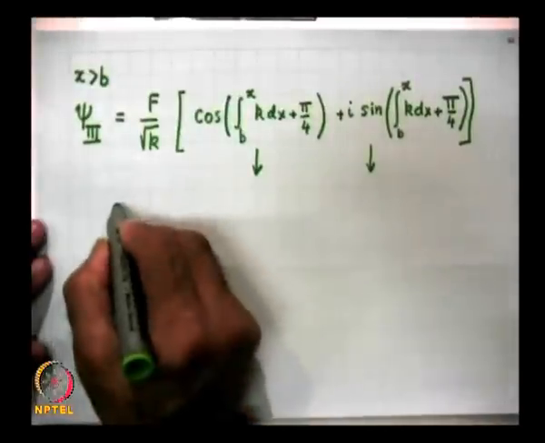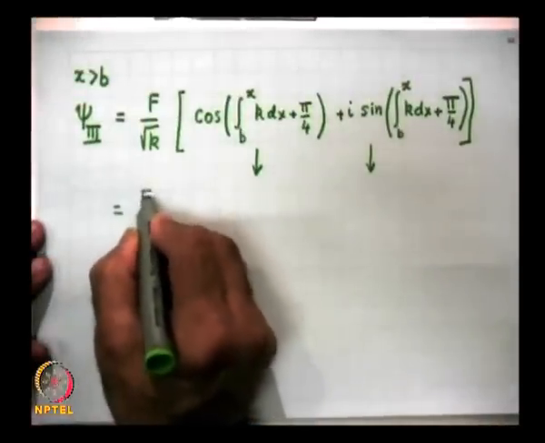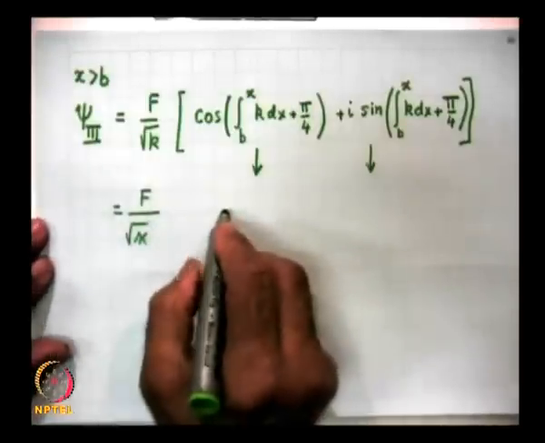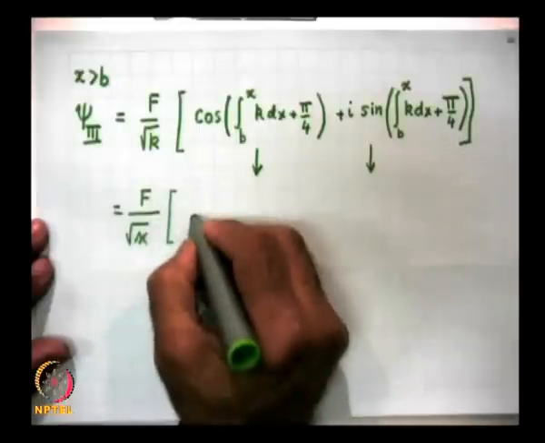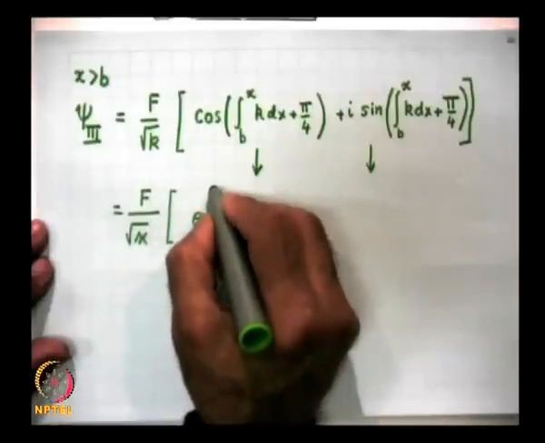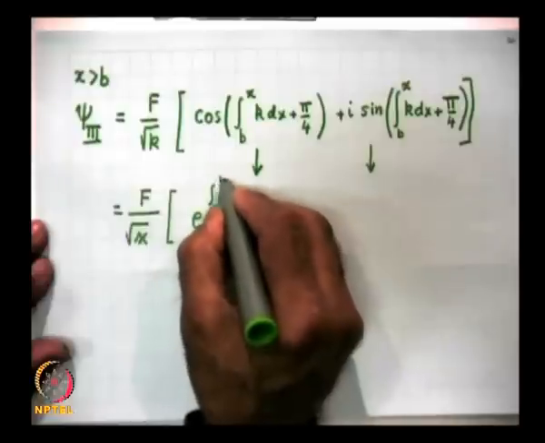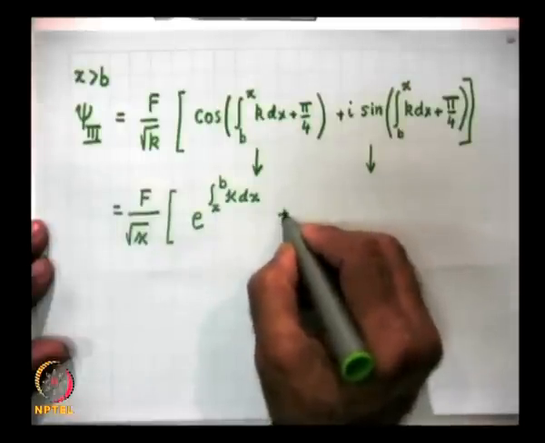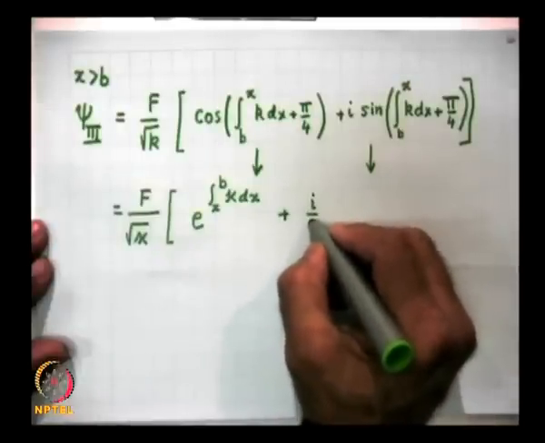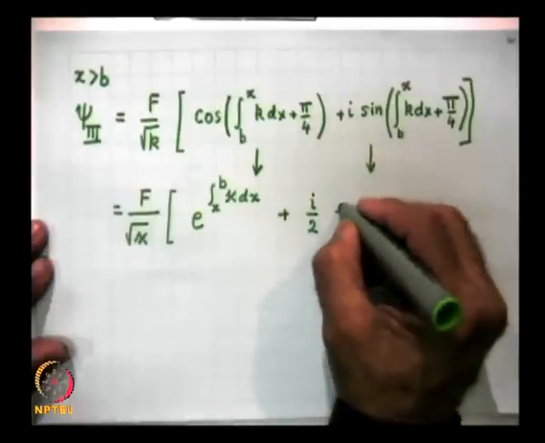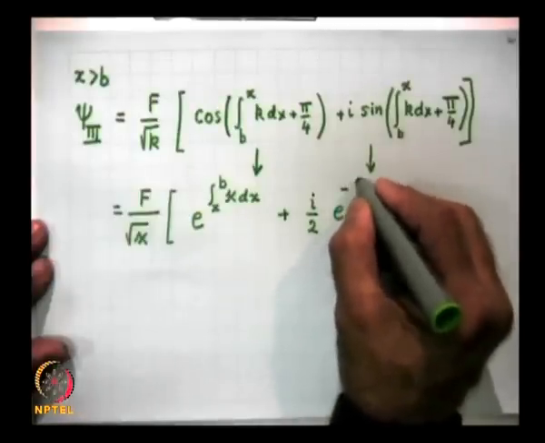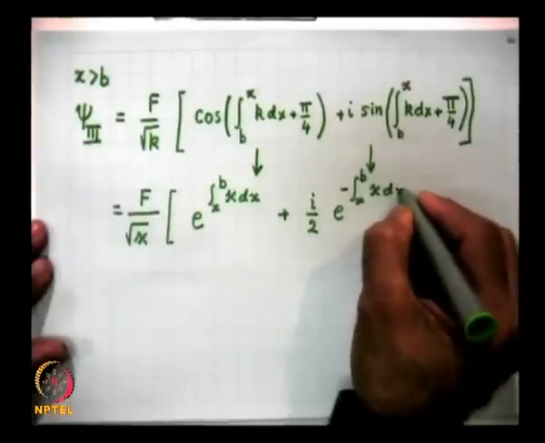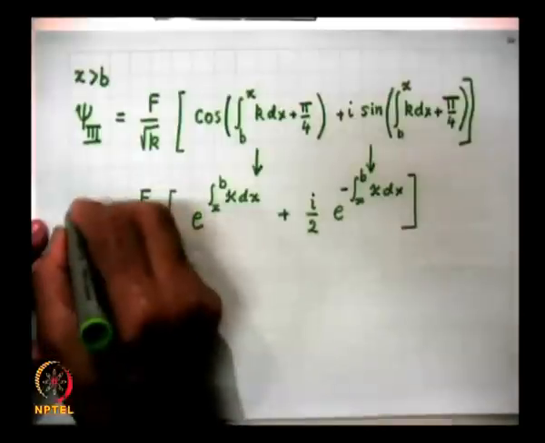So, this will be equal to f over root of kappa. Now, E is less than V of x, and so you will have e to the power of integral x to b kappa dx plus I by 2, there should be a factor of 2, e to the power of minus integral x to b kappa dx. So, this is the solution in the second region,